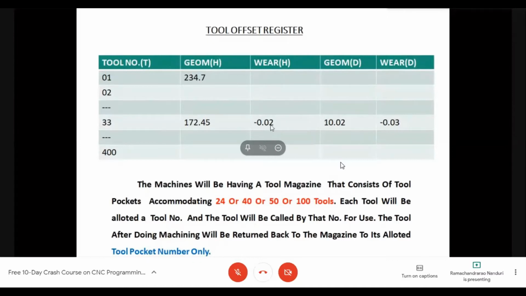Based on that, we study all the details of how to do a part program. But practically, certain problems arise, and we have to compensate for them while working on the machine. Okay.